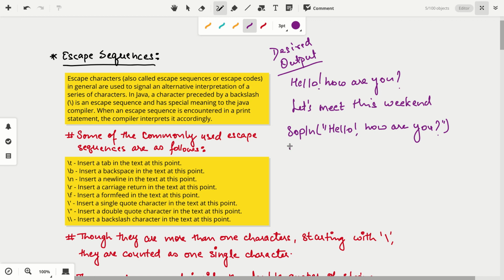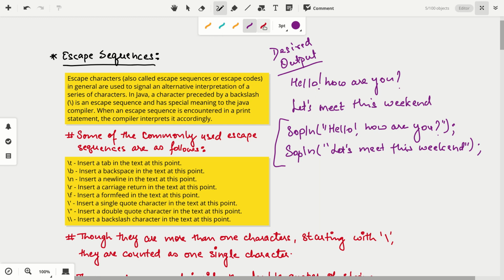And then the next line, "Let's meet this weekend." I forgot to end it with the semicolon. Of course, sorry. Good. Right? This will solve our problem. These two lines, if you write inside your public static void main block braces, you will get the desired output.